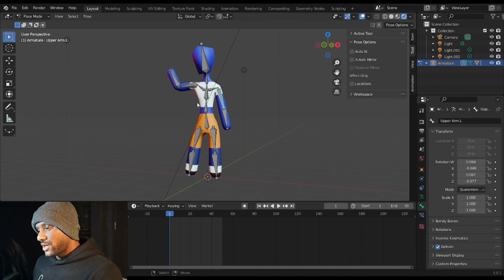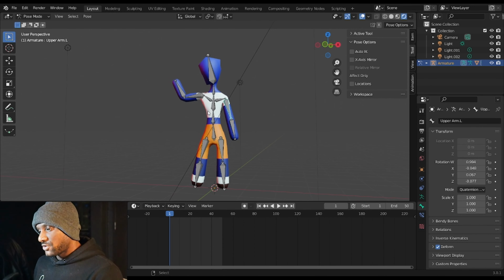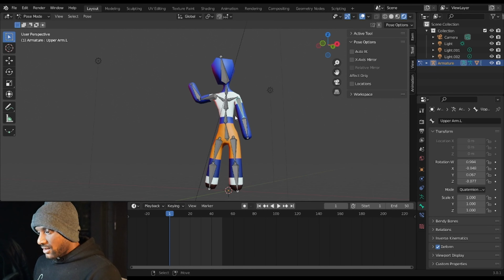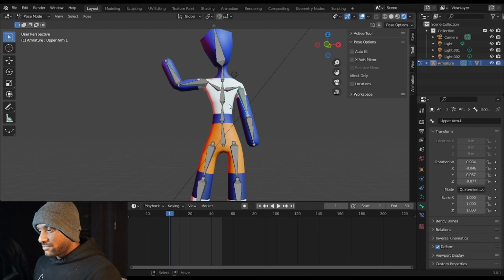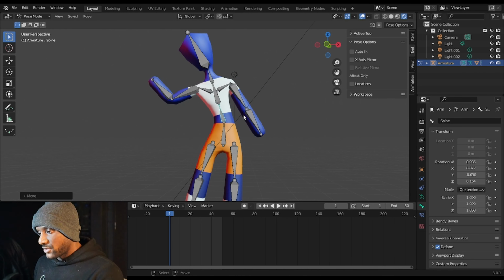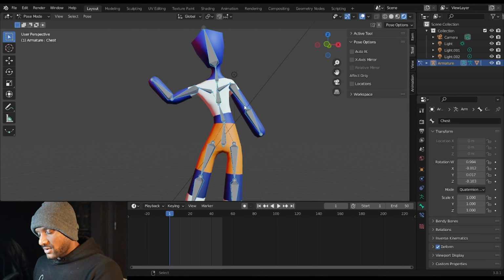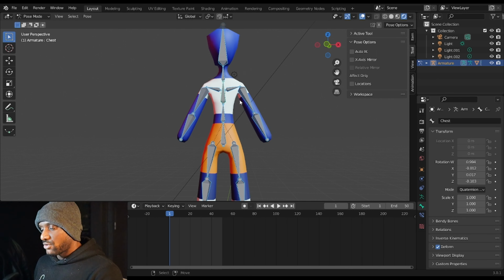Picking up from where we left off in the last part, if you're confused or don't have any reference where we left off, please go back and start the Blender for Beginners course from the beginning and you'll eventually make your way here. Or you can just watch the previous video. We have our character and we have our rig. However, it's a little cumbersome to have to move all of these bones individually to get the effect that we want, right? So what we need to do is add some constraints to our rig